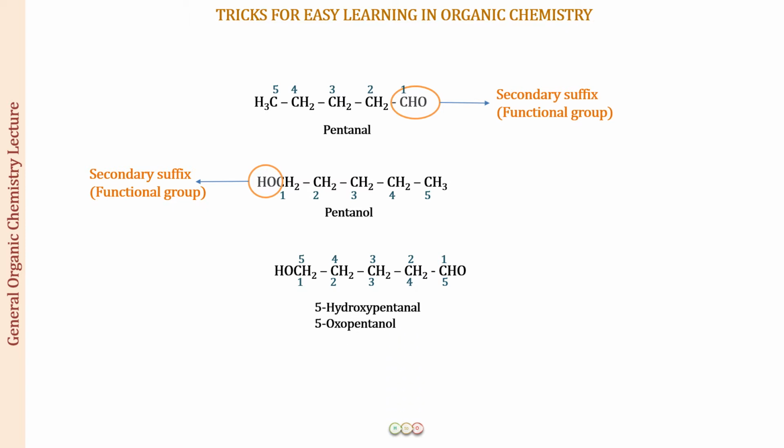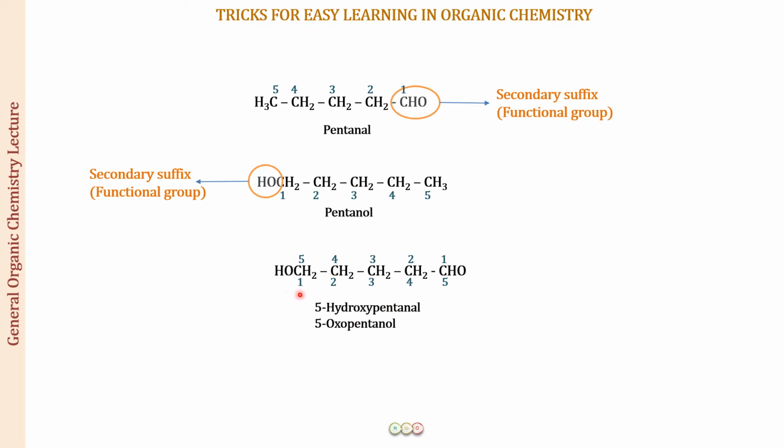If you start the numbering from the aldehyde carbon, the compound will be having the OH group as a substituent. There can be only one principal functional group in the name of the compound, which we represent as the secondary suffix, right? So if you start with the CHO group, treating this to be the principal functional group, the word root is going to have a secondary suffix behind it as al, giving us the CHO as the principal functional group, and the OH group becomes the side chain which we represent as 5-hydroxy, the position of the OH group. So this becomes 5-hydroxypentanal.